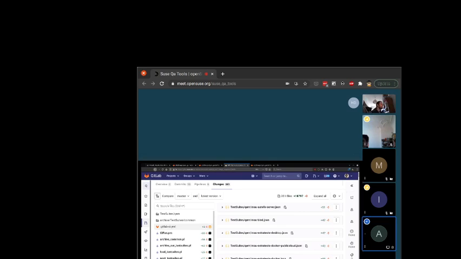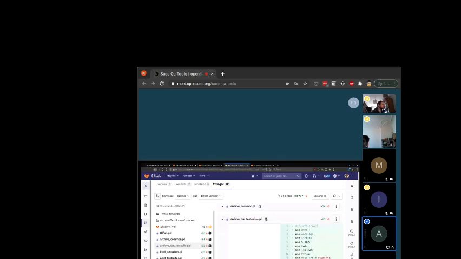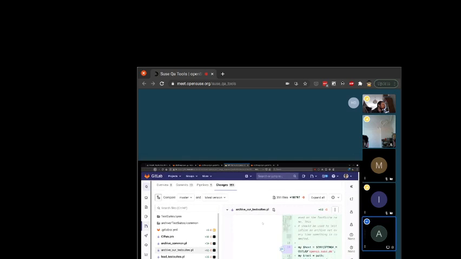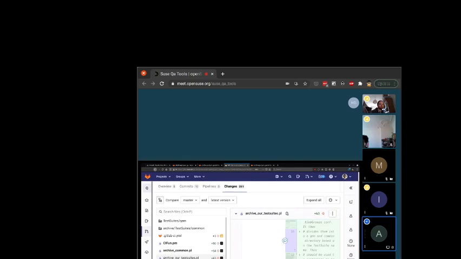OpenQA gives us the possibility to edit it with its API. What I did is I read our job groups. Sorry, GitLab is not meant to be used all that zoomed out. Anyway, I read all our job groups, and I read what's defined inline there and what uses test suites,